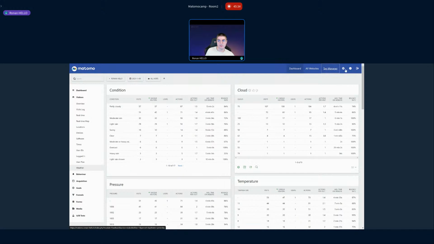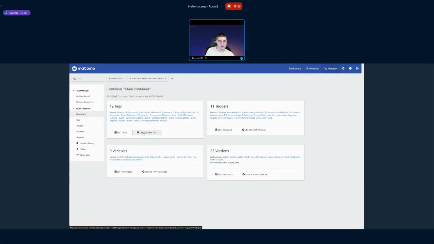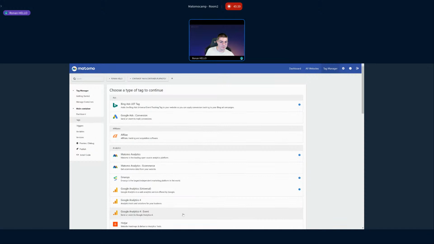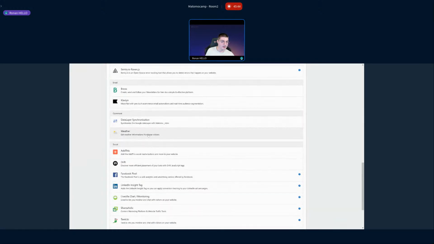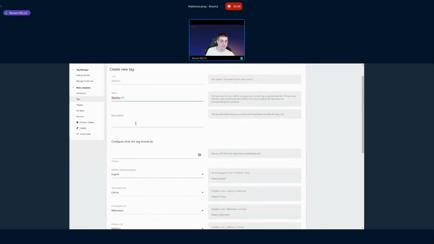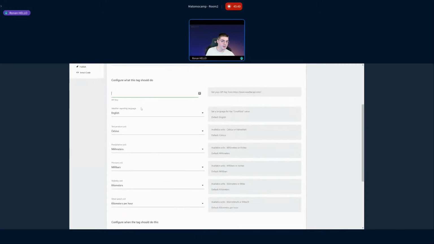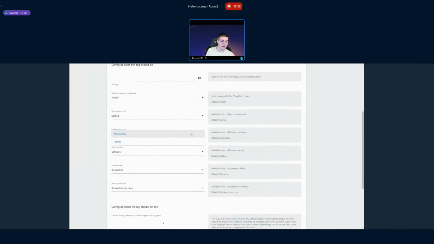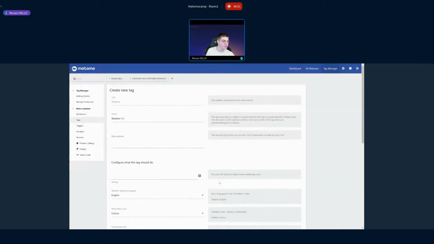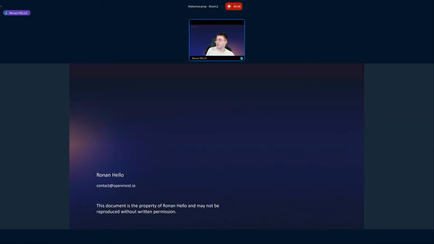And in the tag manager, we can just go to creating a new tag. In the tags list we have to look for the weather tag here. If you click on weather, you just have to provide your API key, and select a language among all the languages supported by the API. And as I told you, you can switch between every unit provided by the customers. And just by publishing a new container, it will work perfectly and you will have weather information.